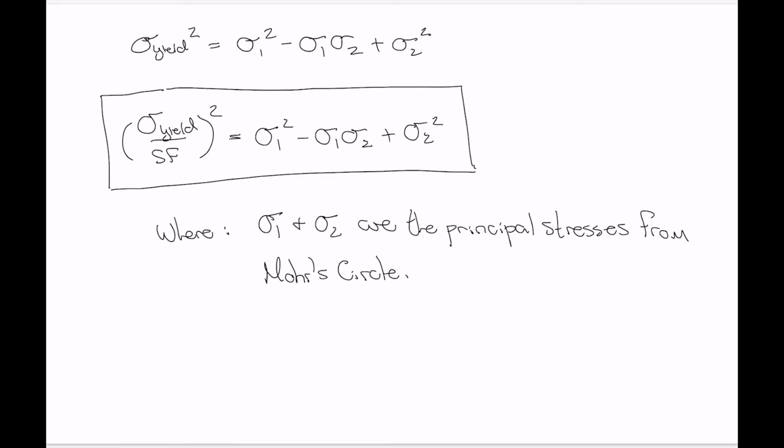In the previous theory, the absolute maximum shear stress theory, we needed to know the signs of the principal stresses, but we weren't as concerned with their value. Once we knew the signs, then we just found out what the radius of the circle was. So we'll just make a note of that. So to apply the theory,